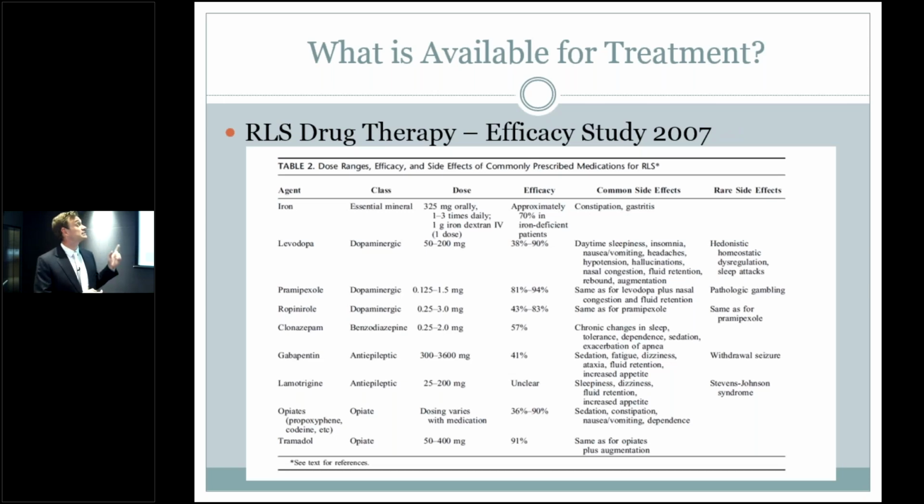So this is an efficacy study that was done for the different types of drug therapies available to providers, and this was done in 2007. The big thing is it starts with the iron, and if they're iron deficient, it's 70% effective. It really does do a good job in correcting these patients' symptoms. Then they did outline, and I will be the first to admit that the Mirapex and the Requip people did an excellent job with marketing, because 90% effective.